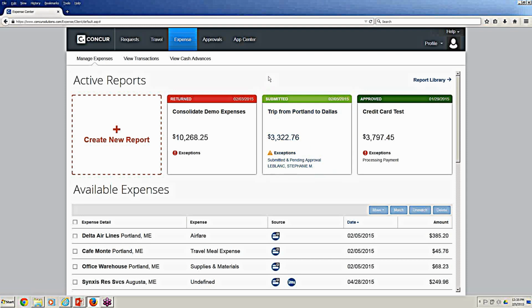So the next item that I want to cover, because we've had some questions about it, is in-state routine frequent travel, and whether or not you'd be able to do a request for travel to authorize it for the entire fiscal year. And you can certainly do that from within Concur. If I go back to my requests,